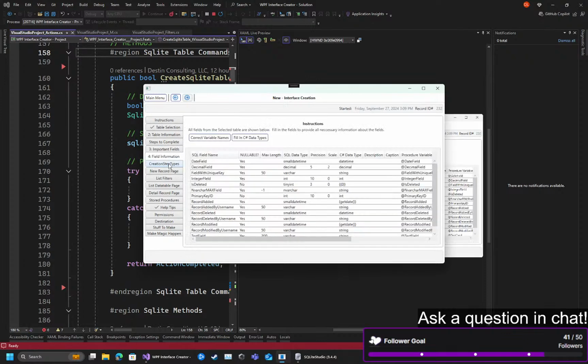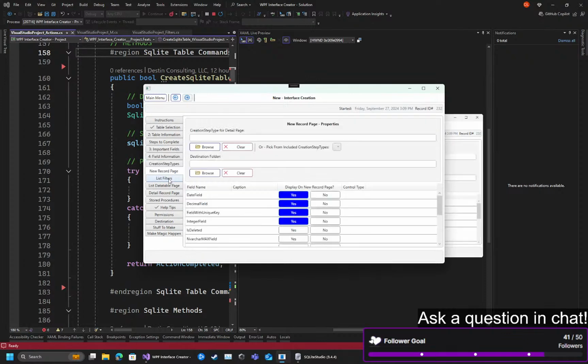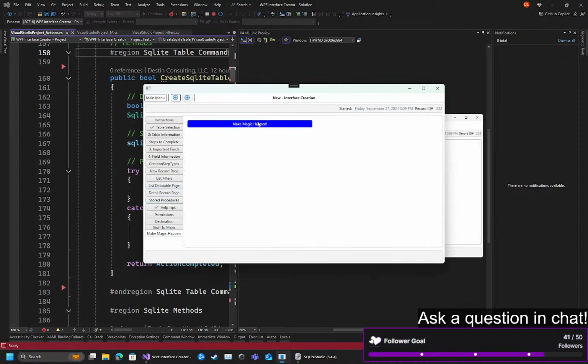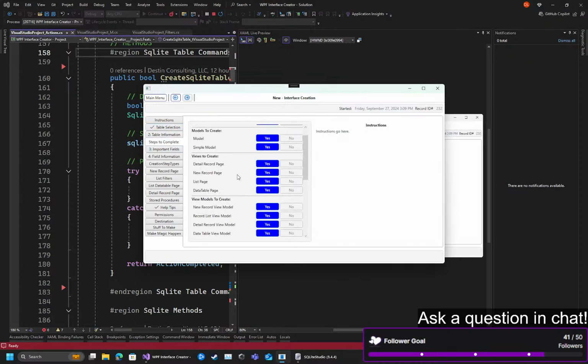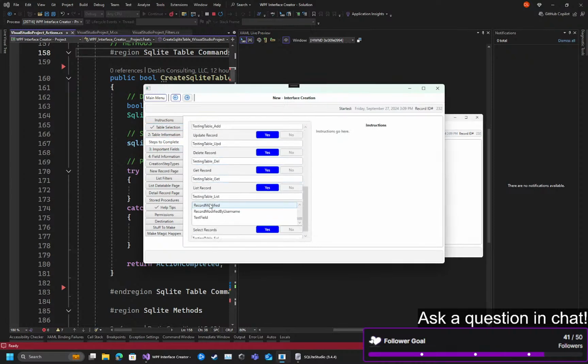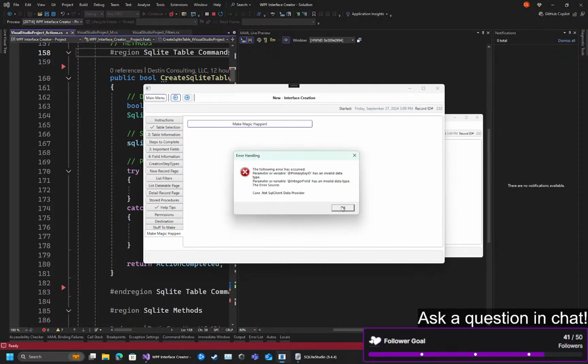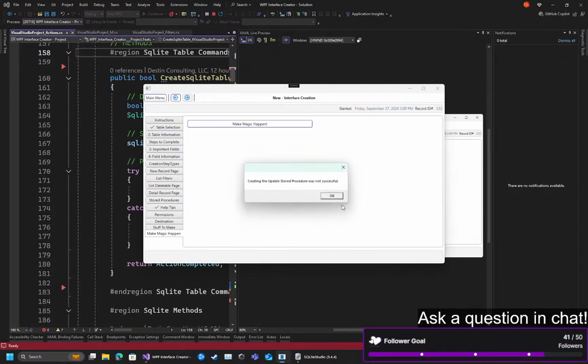And we have our important fields saved. Okay. We're going to then say steps to complete. Yep, we got all the procedure names. Excellent. And it's basically saying your field has an invalid data type. Yeah, it would. Primary key